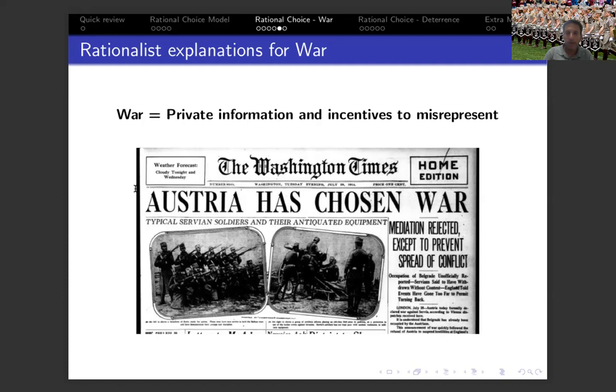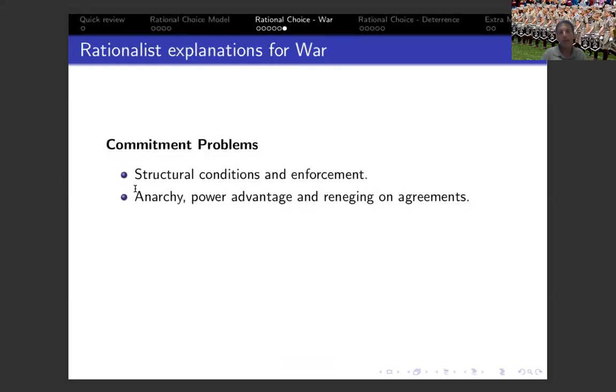I'll talk a little bit more now about the second mechanism that Fearon discusses, and that's the commitment problem. Commitment problems are structural conditions that create incentives for some states to renege on an efficient bargain outcome and attack. In this case, two nations already reached a bargain within the bargaining range, and because of structural conditions, one of them has incentives to renege on that bargain and go to war. As a result, it creates rational incentives for the rivals of those actors to actually initiate war.